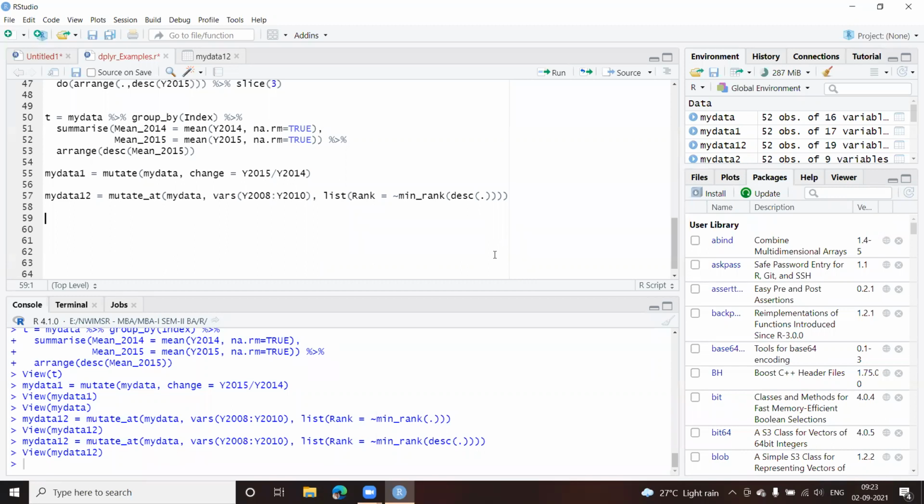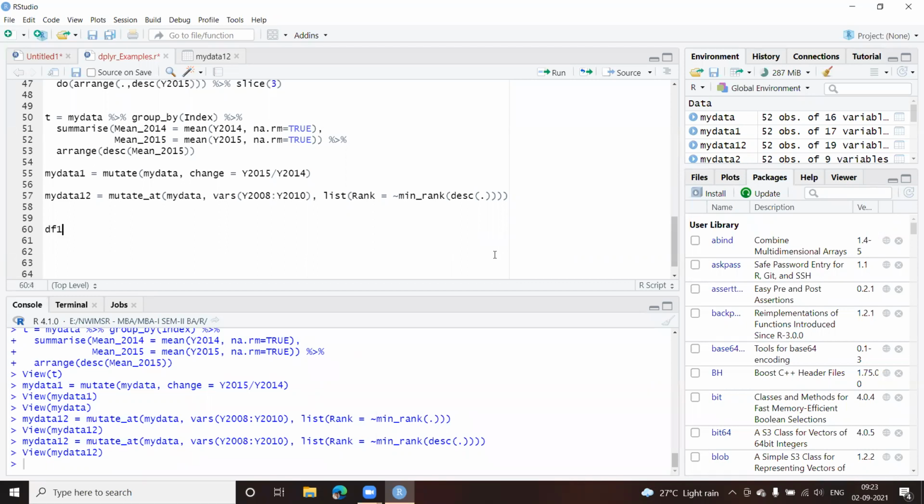Let us say if there are two tables or two data frames, and I want to get the common rows between both of them. Then we will be using the inner join to get the values. So to do this, let us do one thing. We'll create two data frames first.